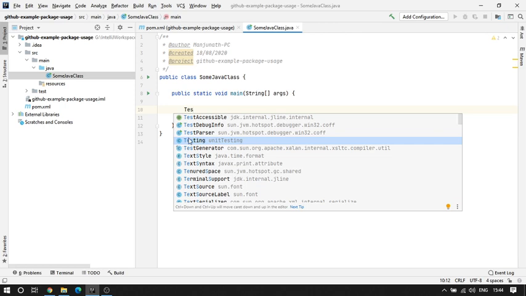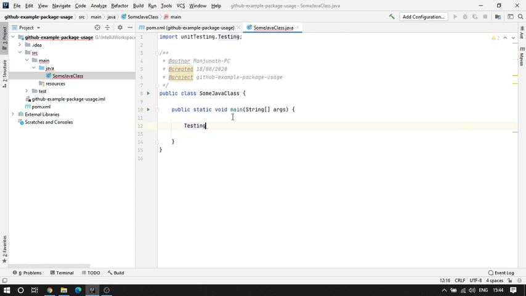We created a package called unit testing, and inside that we created a Testing class, right? Okay, so I'll create Testing dot, and there was a method called display which we created as a static method, and inside I'll write hello from the package. That's all. This is because we have written a SOP statement inside the display method.